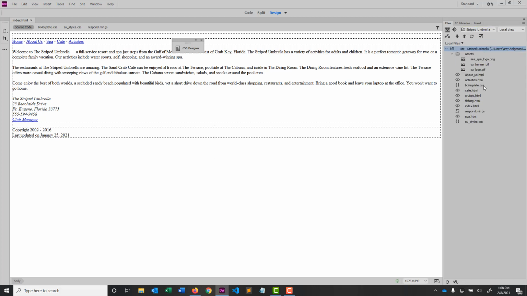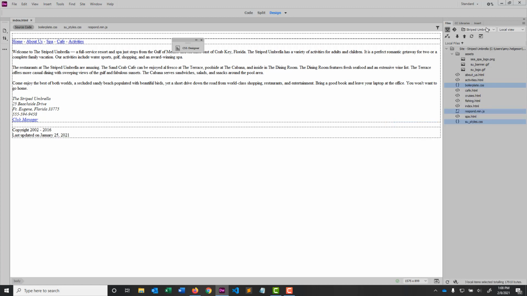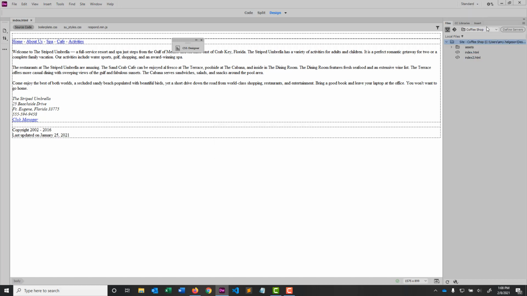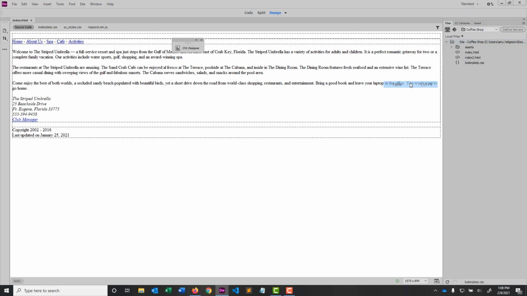You need to copy boilerplate. You can hold down the Control key, select SU Styles and Respawn, then right-click and go to Edit and Copy, then back to Coffee Shop. Right-click on the root folder, and then Edit and Paste. Now when I open up my index file,